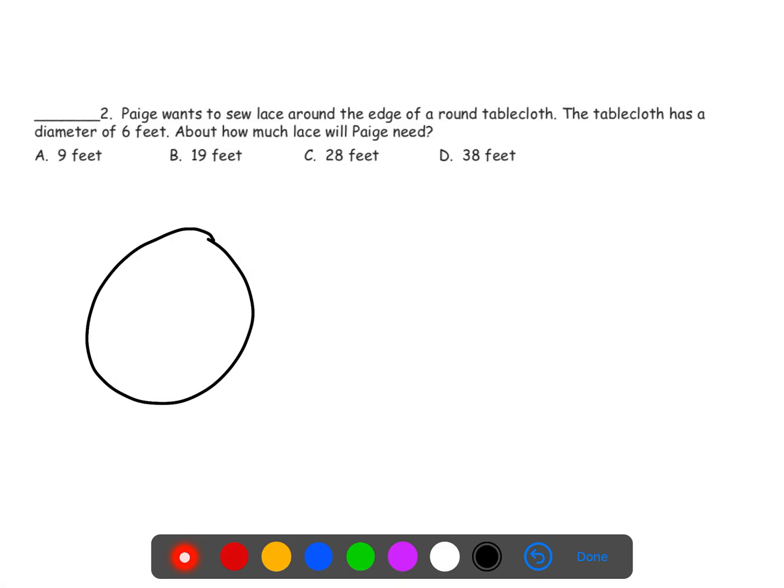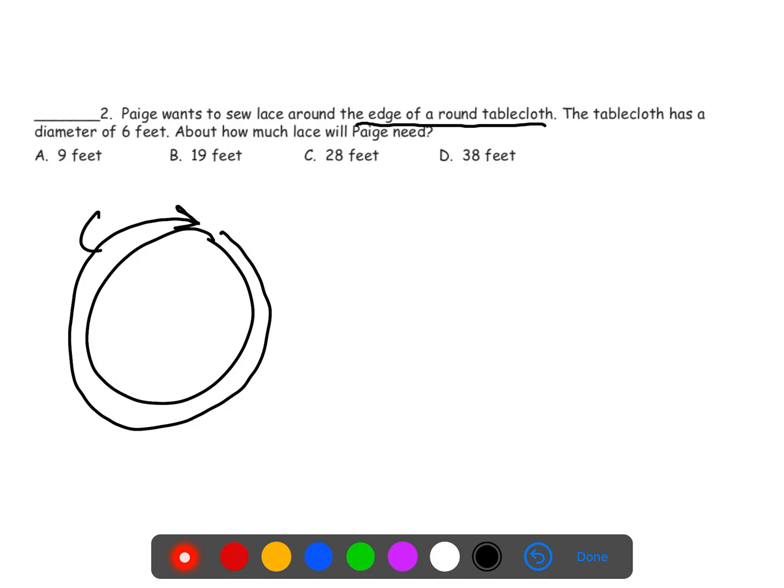So if we're sewing lace around the edge of a round tablecloth, to me that sounds like we're finding the circumference. So we're given the diameter of 6 feet. I need to use my equation here. I could make another table if I was more comfortable with that, but my circumference is equal to pi times the diameter,